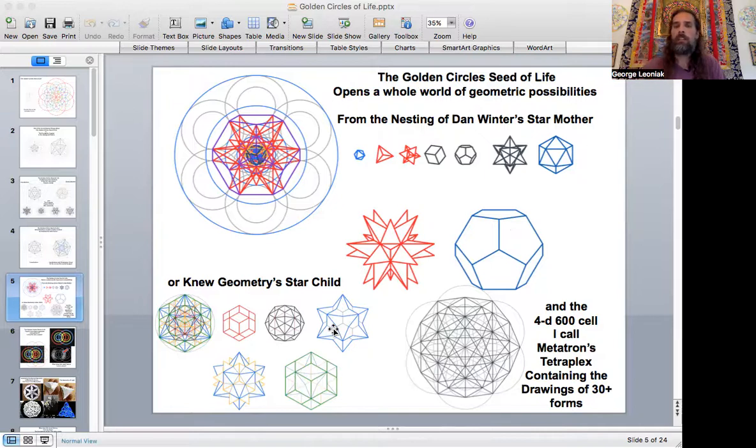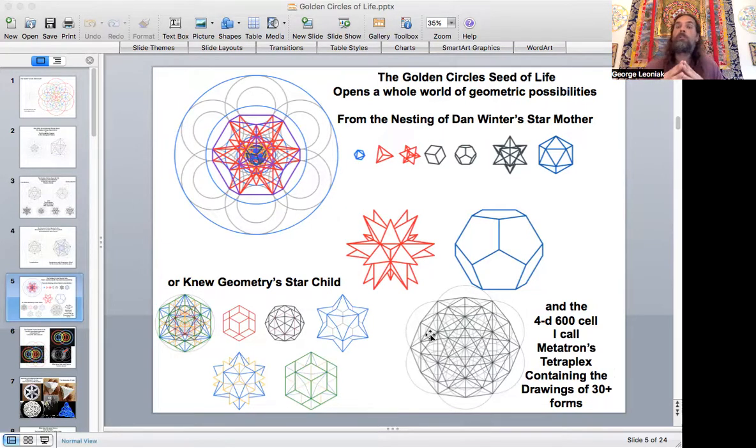But there's so much in this. I tried to sum up the 30 plus forms that I was able to draw in this pattern in a video called Metatron's Tetraplex. And I felt that this was really based on an icosahedron hull, right? So the icosahedron is very easy to draw in this golden circle seed of life pattern. To me, this felt like where sacred geometry could really expand in our pattern language